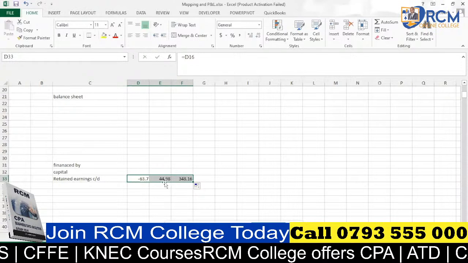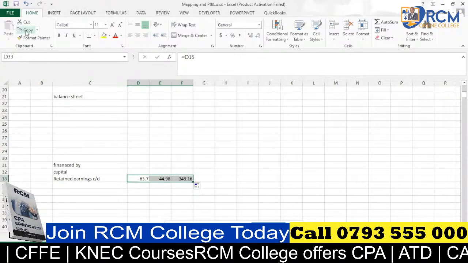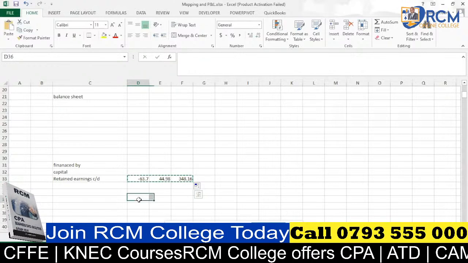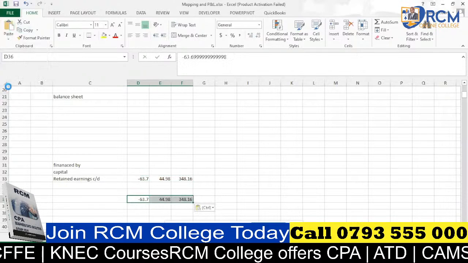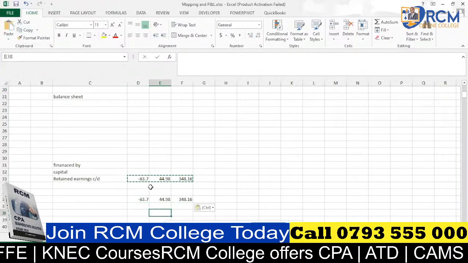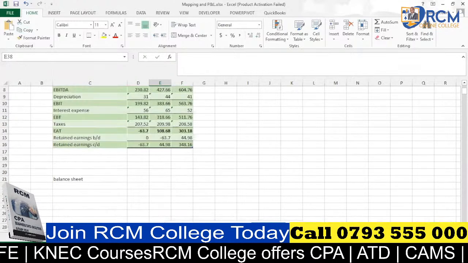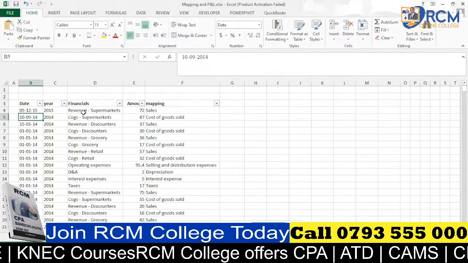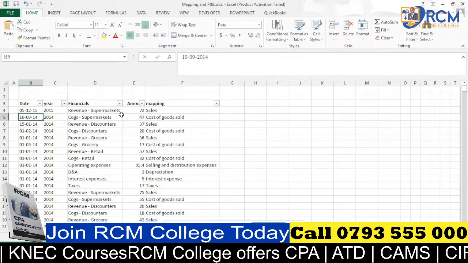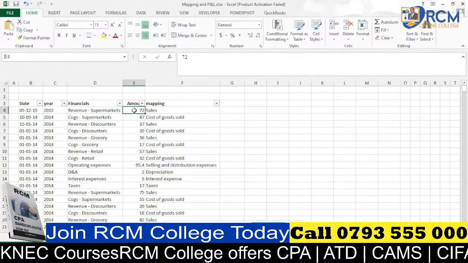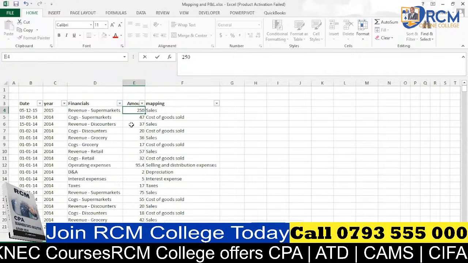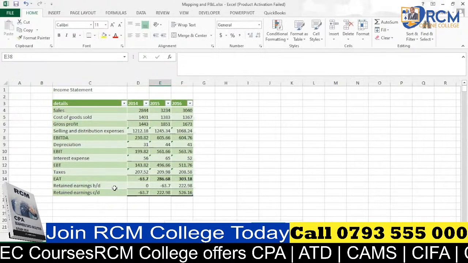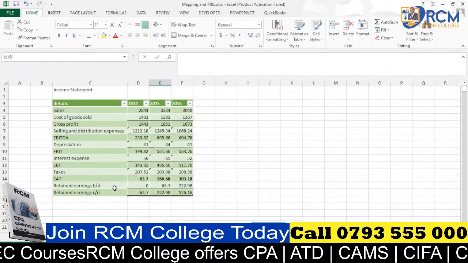So I want us to check this one here. I want us to copy this. Let me copy them and show you something just somewhere here. Let me paste the values only. I want you to see that if we change anything in our data source here, it will affect income statement and balance sheet. So let's say I want to make this one here to be 250. So it will increase our net income. Let's see. If we change it to 250,